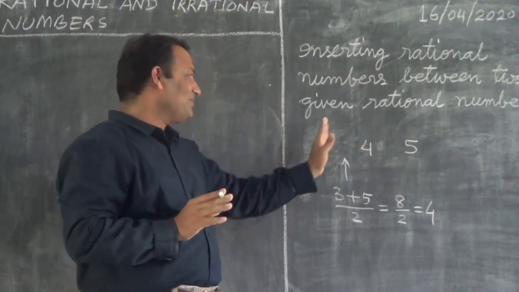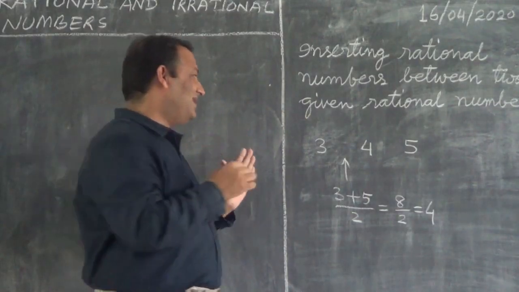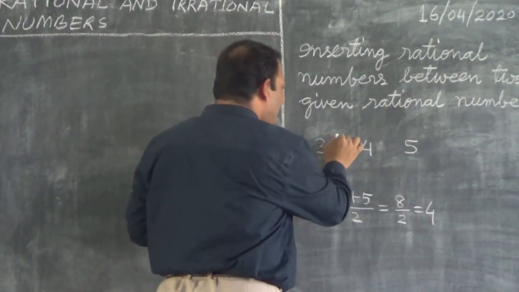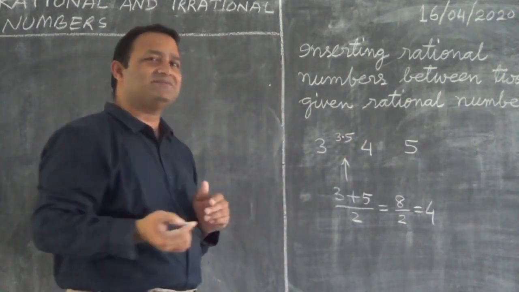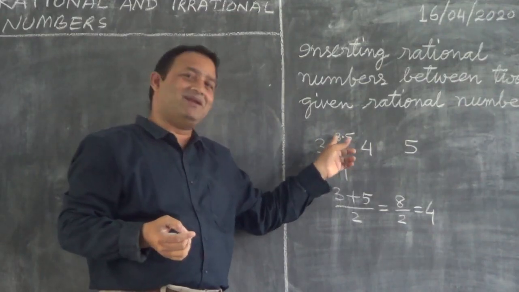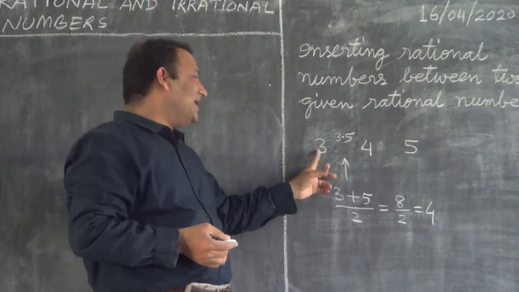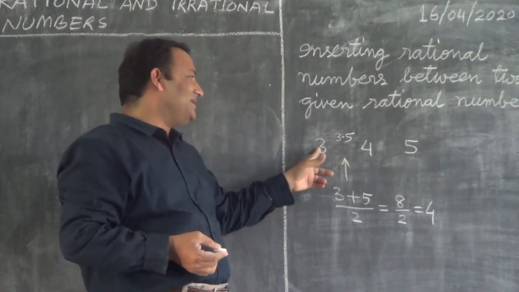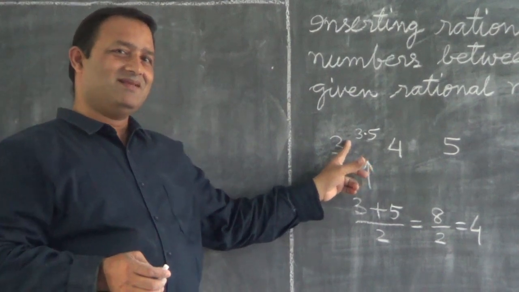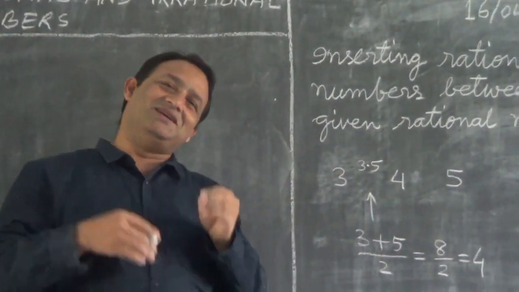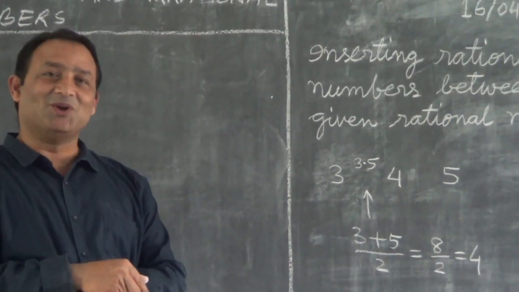I know most of you already have that answer in your minds. And what is that answer? You must be thinking 3.5. Yes, your answer is correct. But did you read this number in nursery class? Now I will again ask you what number will be between 3 and 3.5. If I go on asking, then at a certain stage you will stop. You will not open your mouth again.